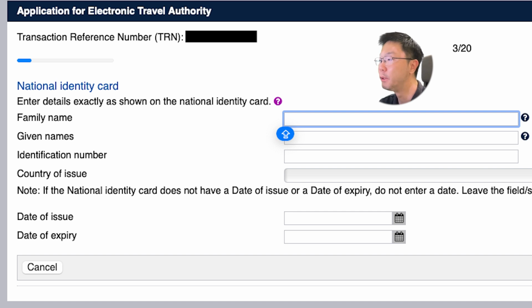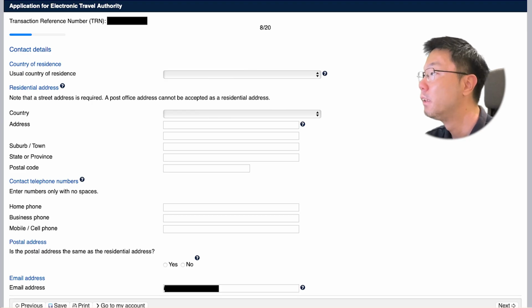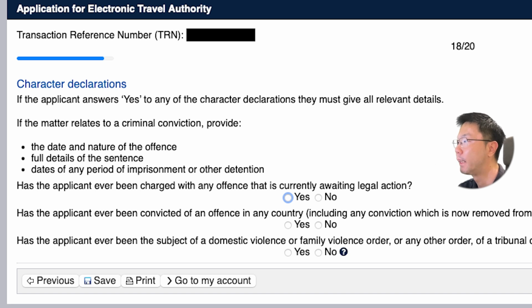And because our Malaysian IC, we don't have a date of issue or date of expiry, we do not need to enter the dates, that means the date of issue and date of expiry, and then click confirm. And then in the contact details, fill in your country of residence, residential address, contact telephone number, postal address, and email address. And then moving on further to the character declaration, select any yes or no that apply to you,